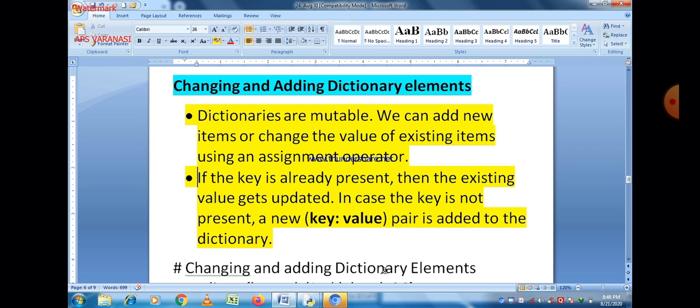In case the key is not present, a new key-value pair is added to the dictionary. These are the two important points. First of all, we use the assignment operator to change or add a new element, and if the key is already present, the existing value gets updated, and if the key is not present, then a key-value pair is added to the dictionary.